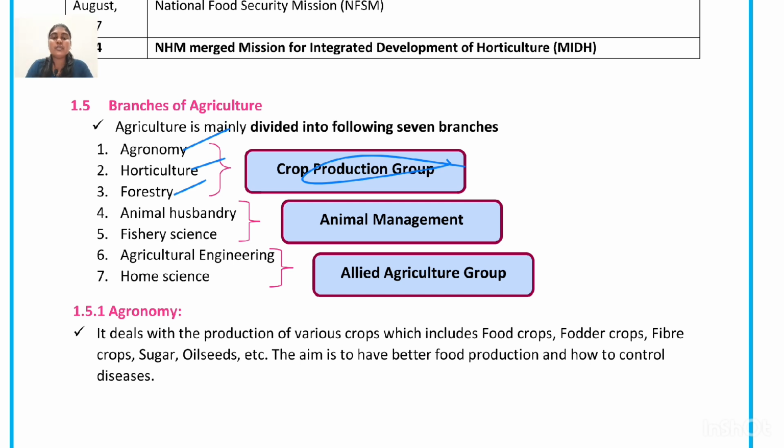Next, we have the animal management group. In this group are the branches dealing mostly with animals, like animal husbandry and fisheries. These can be grouped under animal management. Next are the allied agricultural groups. Allied agricultural groups means they do not directly fall under agriculture. They are not directly involved in any kind of production, but they are